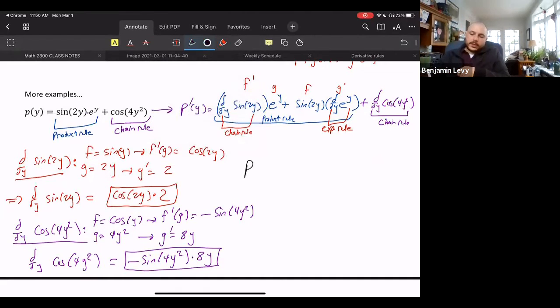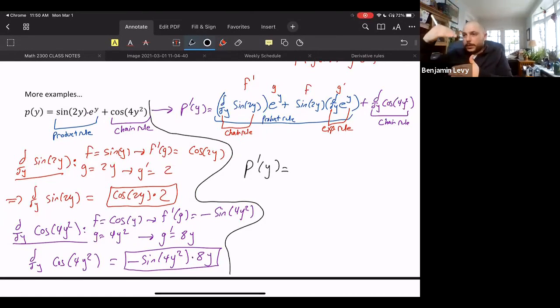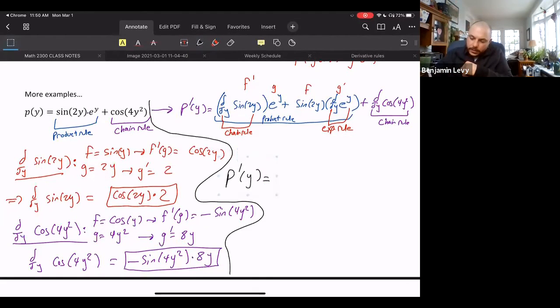Right, so final answer, p prime of y is going to be, we're just continuing. Let me go ahead and draw this line right here. We're just kind of bringing down what we had, and now we have all the different components. And maybe I can just slide this over into this nook a little more. So I'm just going to write in the individual components. So it's going to be